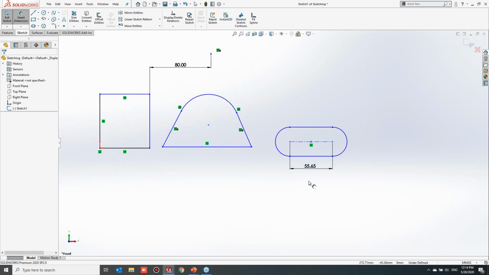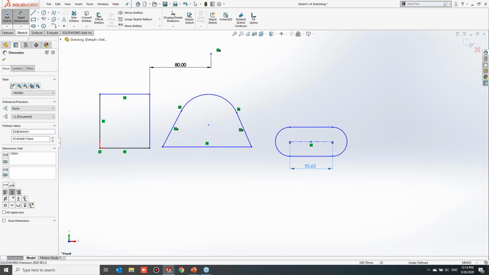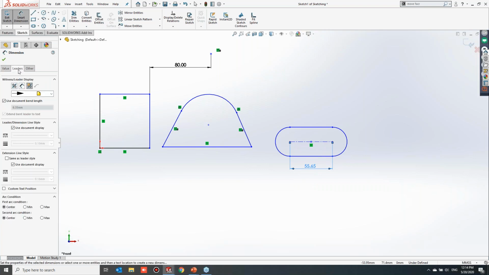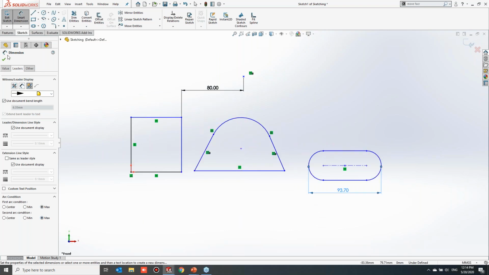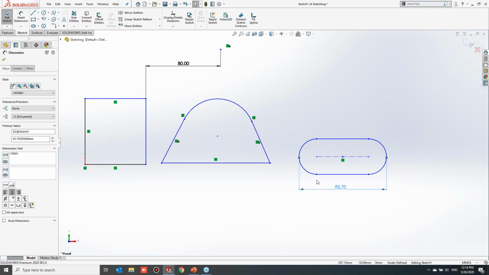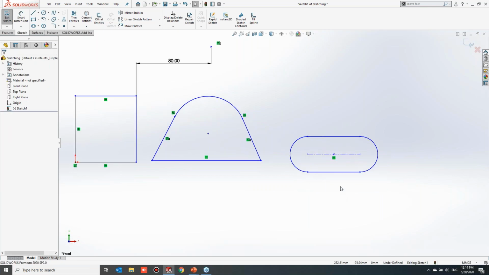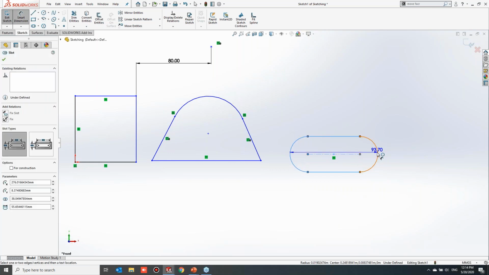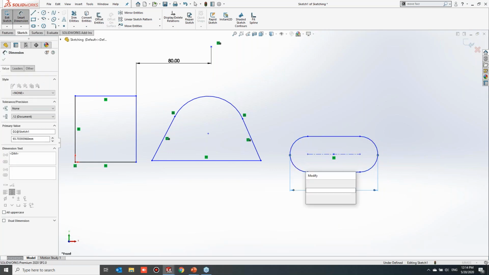So what we will do, we will select the dimension, select leader, and select maximum condition. Instead of selecting the leader directly, we can do this. By holding the Shift key, you can select the two arcs and you will get the maximum dimension condition.